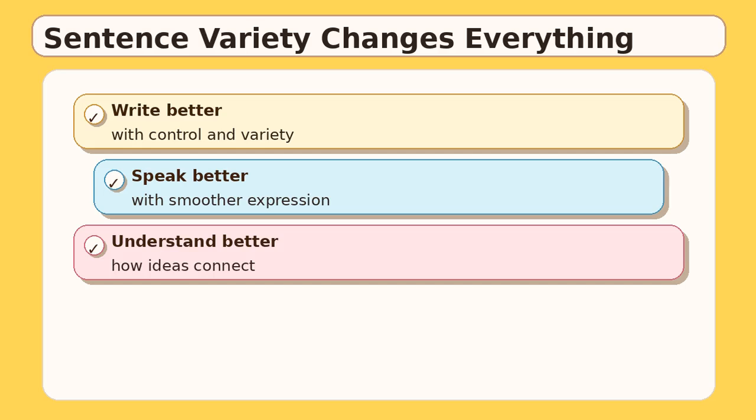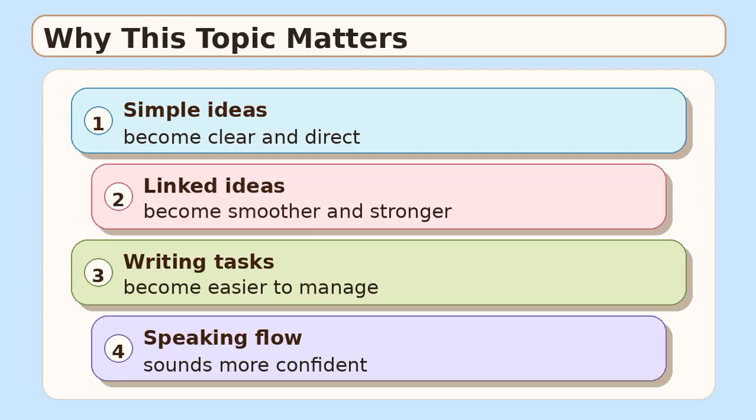In this lesson, we move from sentence parts to sentence design. When you understand simple, compound, and complex sentences, your English becomes clearer, more expressive, and far more natural in both speaking and writing. Many learners use only short, basic sentences, or they join ideas in weak and confusing ways. This lesson helps you choose the right sentence shape for the right meaning, so your English sounds organized instead of